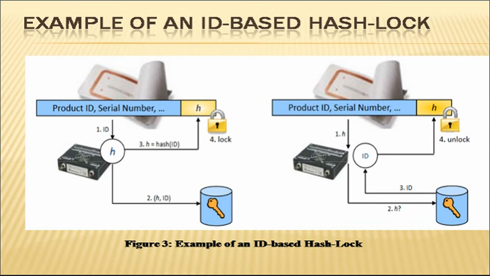So as you can see in the diagram, an RFID tag is by default open and readable, that we know, but it can be locked by sending it a lock command with a password. The tag is then going to create a hash of this password, and then it only is going to reply to a query if an unlock command is sent that when hashed matches the stored hash value, as you can see in the diagram. So we have got this lock mechanism and unlock mechanism applicable here.